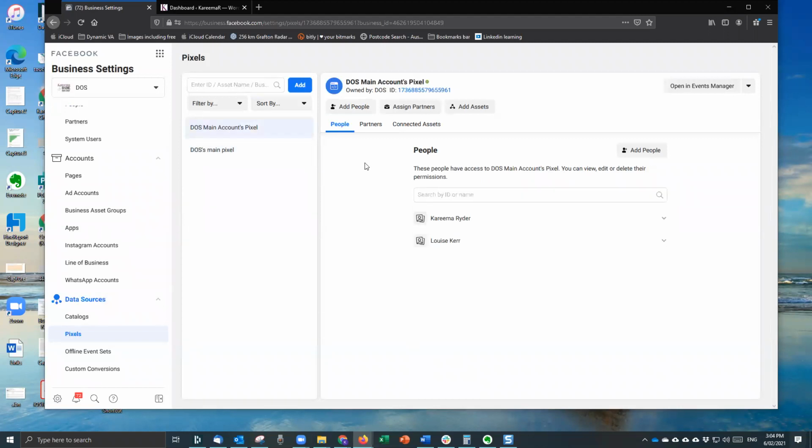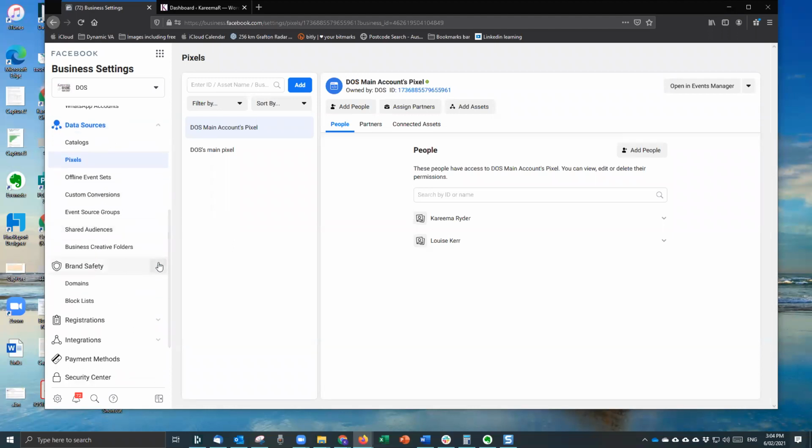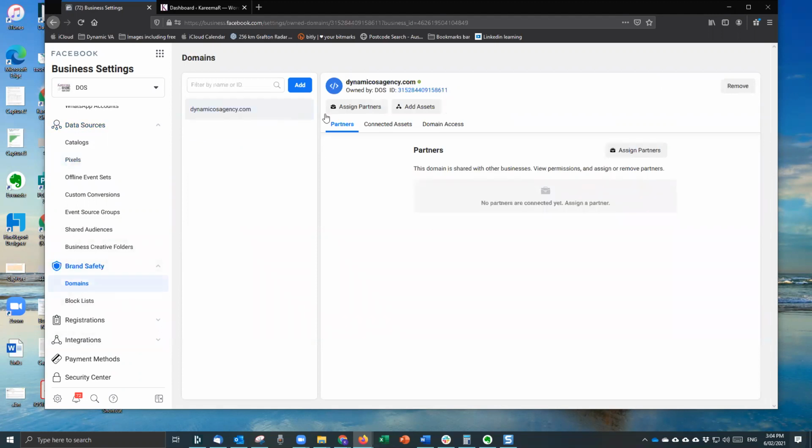these pixels. This is my account. I don't open it. I don't use it very often. And the pixel's got to be associated to the domain as well. Now, at the bottom of this video, I'll do the link to a very good Buffer post that actually explained this in great detail. But as you can see, there's varying levels here. And without all of these levels being done over here at this stage,